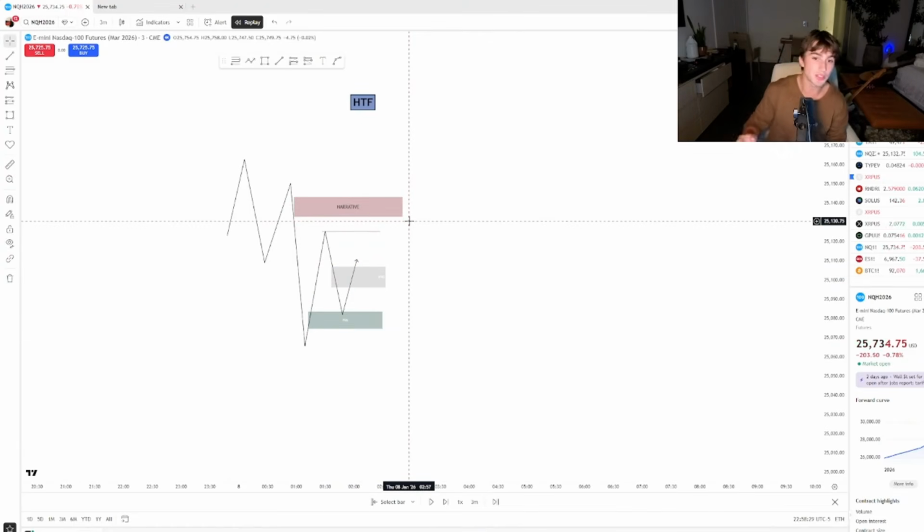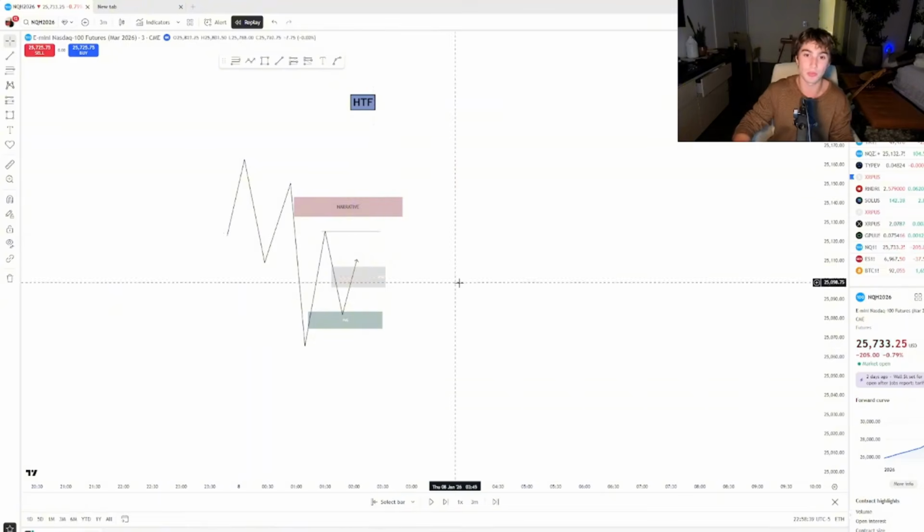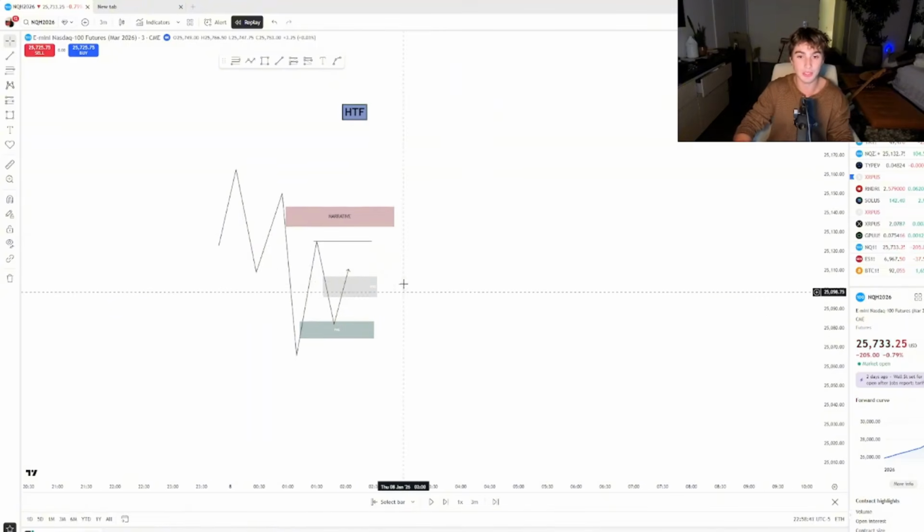And so that's my narrative for the day. I believe that price is going to go higher because we tapped this 1 hour bullish fair value gap, then we inverse this bearish gap, and now we have this unfilled gap above. That's an imbalance that price is going to want to correct naturally. And so that's what my eyes are drawn towards. So if I'm going into the session, I'd want to see an inverse to the upside.